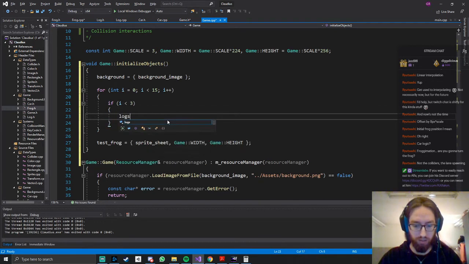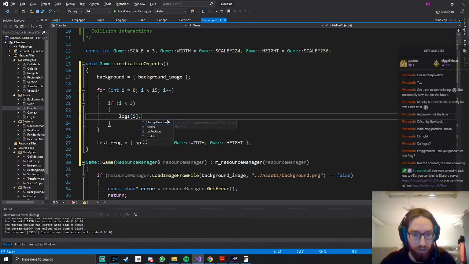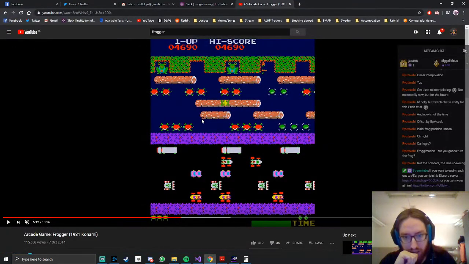Then logs i dot set position. I'm gonna set